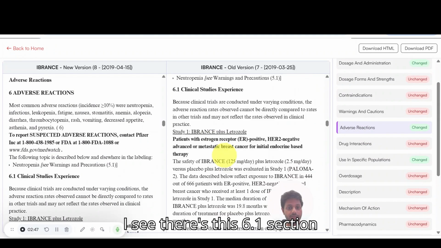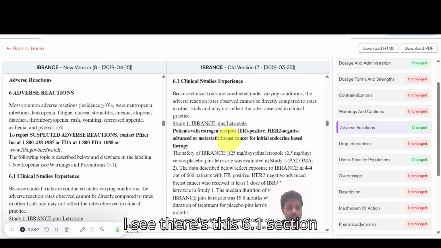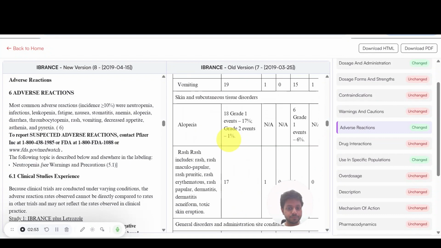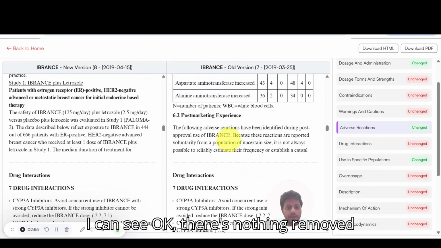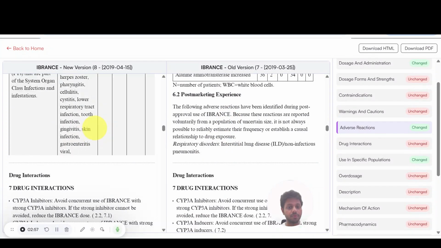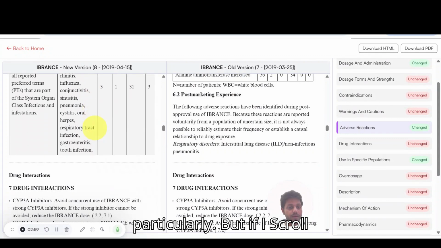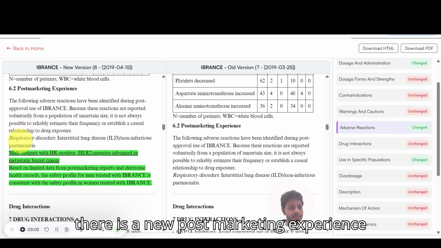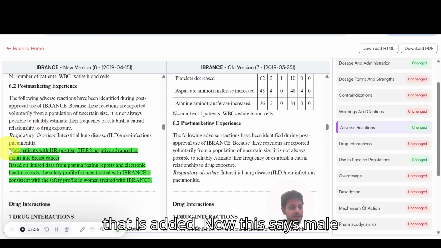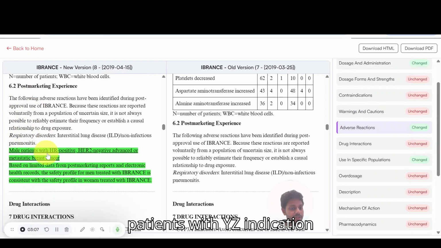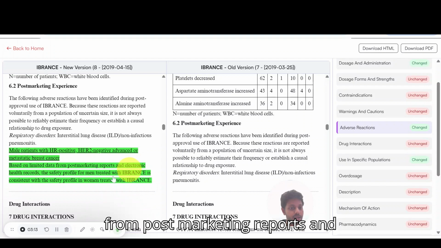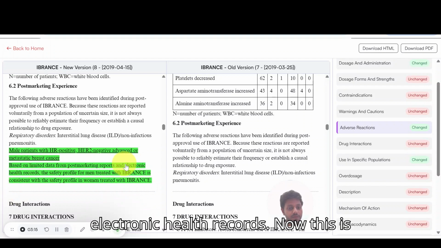So as I see, there's this 6.1 section change, and as I scroll down, I can see there's nothing removed particularly, but if I scroll down to the new version, I can see that there is a new post-marketing experience that is added. Now, this says male patients with XYZ indication advanced, based on limited data from post marketing reports and electronic health records. Now, this is very interesting,